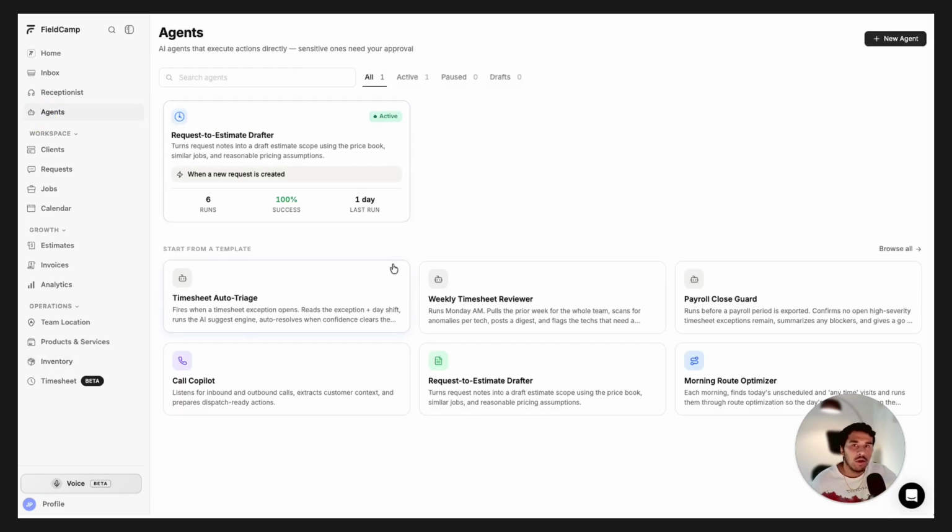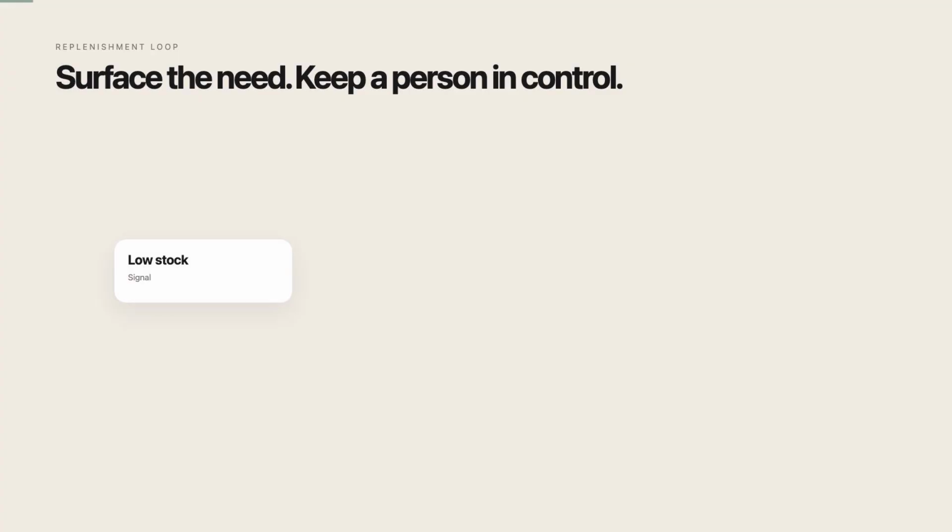Now the good thing is, if you want to say that whenever stock is below 2 or below 5, you can use the FieldCamp agents, which will automatically create a purchase order, and the low inventory planner is also there. The low inventory planner will watch the low stock and recommend what to reorder first based on the job impact, where the agent predicts that, from the last week's worth of jobs, this is the most used part, so for the next 2 weeks, this is what it will require. So it will tell you that you should order these parts, and it can actually go ahead and create the